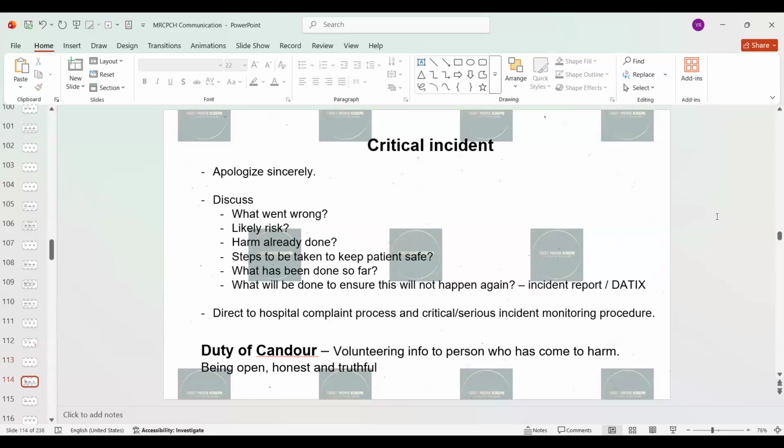So how do you approach these stations? As I said, the template is the same. You should be able to apologize sincerely. It doesn't mean that throughout the scenario, for the next 9 minutes, you should be saying, I'm sorry, I'm sorry, I'm sorry. No. There are many different ways of apologizing. Use different words. I'm sorry. I sincerely apologize.